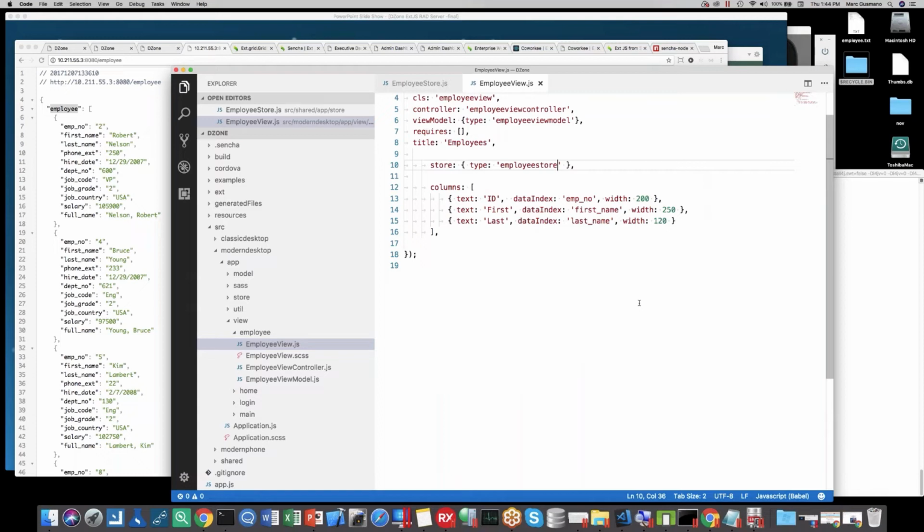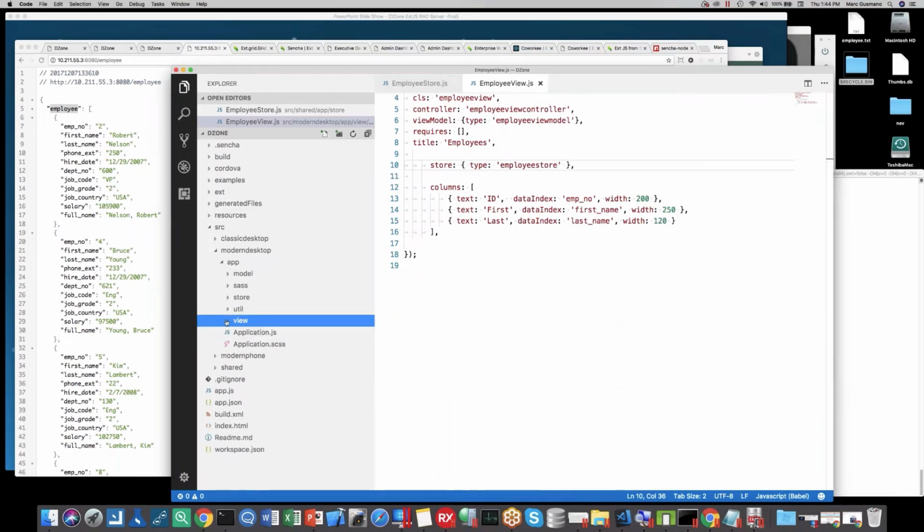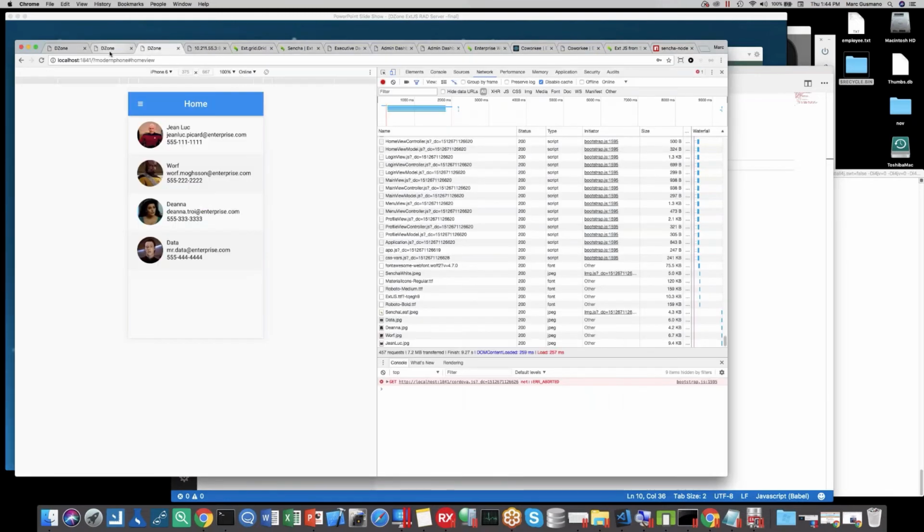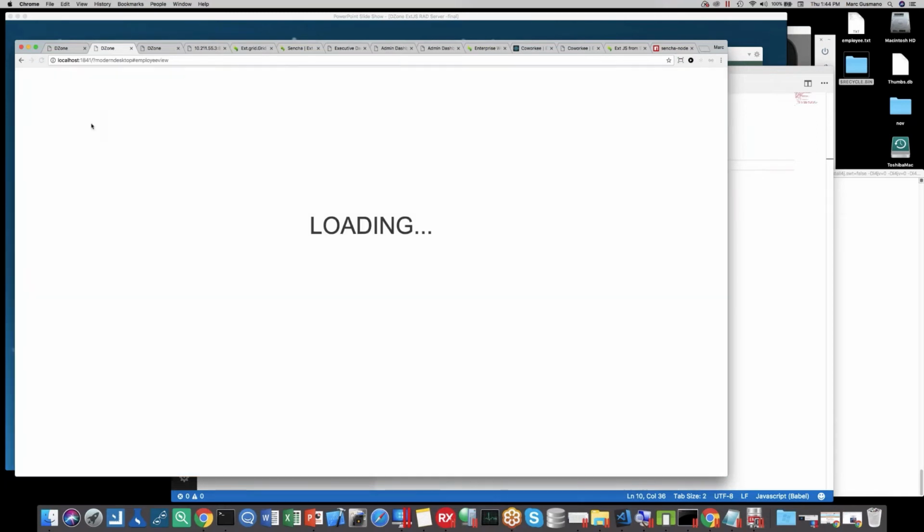So we're getting some assistance from our tooling to make it easy to create the view and to create the store and optionally the model that goes along with this. So with all of this in place, if I did this right,